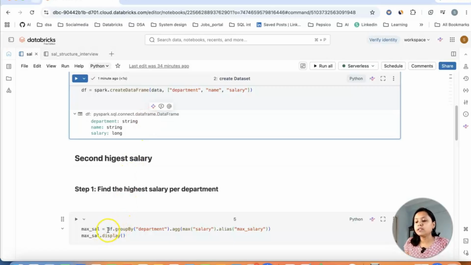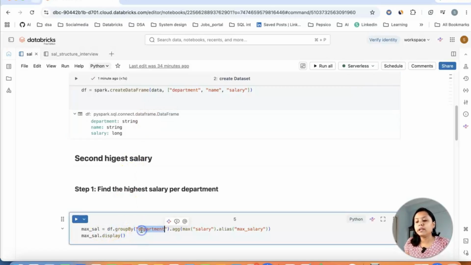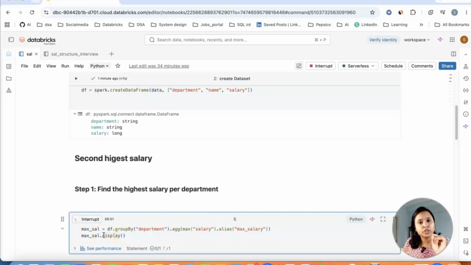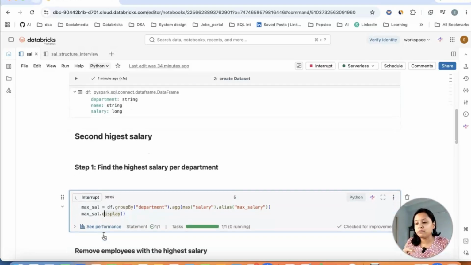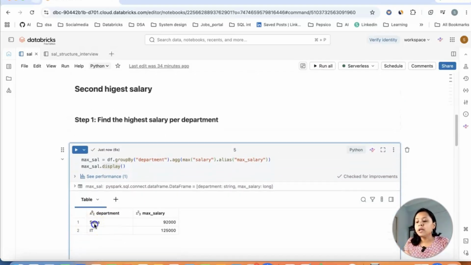So what I'm doing is, from the data frame, I'm grouping it by the department and getting the salary, which is the maximum salary, right? And I'm doing a display of it. So if I group it by each department, for each department, you will see a result, which is the maximum salary. So if you see here, for sales, I have 92, and for IT, it is 1.25 is my maximum salary. So I don't want these records. I want the second highest salary. To get the second highest salary,